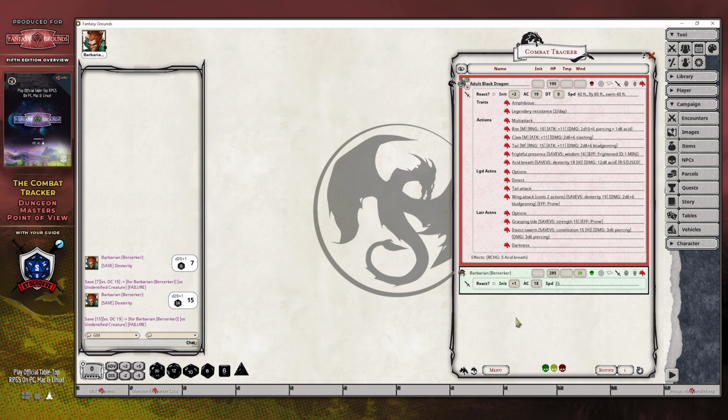Now, there is going to be some information that is different between the players. What you see here versus what you see here is that we have a reaction that we haven't yet used. We have a +1 to our initiative roll. We have an armor class of 18, and this barbarian has a speed of 35 feet. That's the information that you will see here, although you can see other things if they have the ability to fly, swim, etc. When it comes to creatures, once again, you can see whether they have used a reaction,